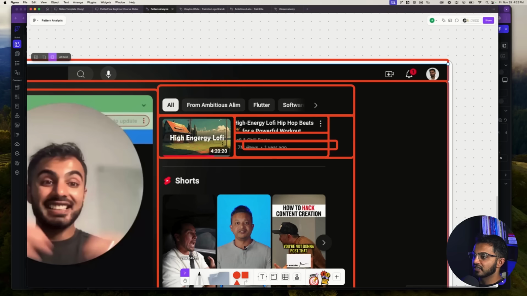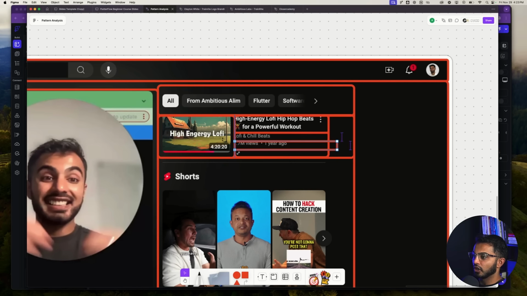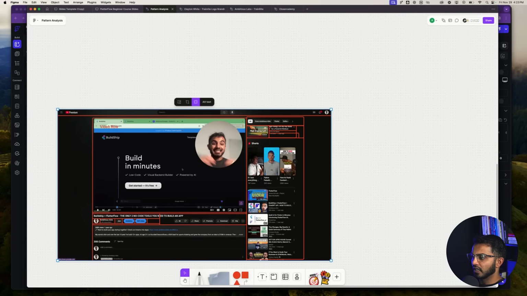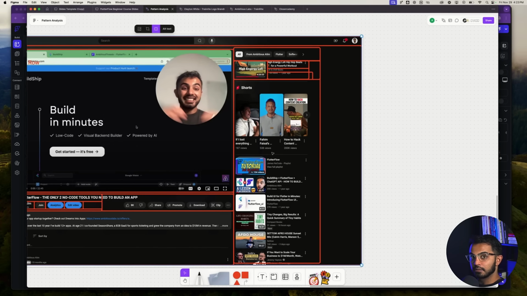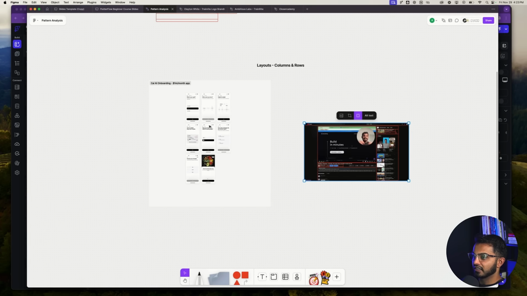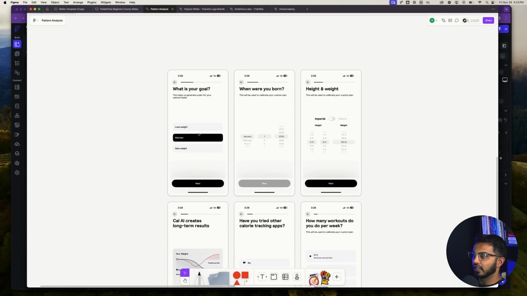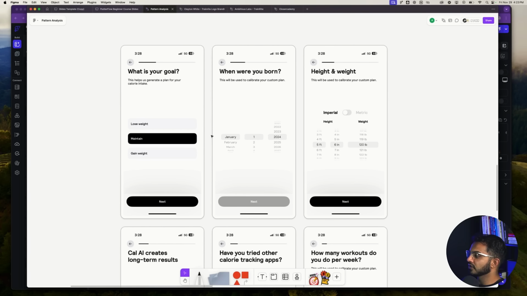So I hope now you can see the power of rows and columns. This obviously is a web app that I'm showing you, and this concept pretty much applies to everything. So if we move back to the mobile app here, Cal AI, and many Dreams into Apps builders are building mobile apps, so this might be a little bit more relevant.